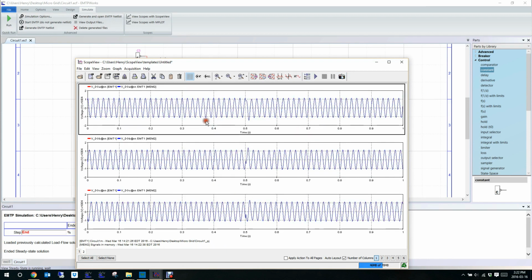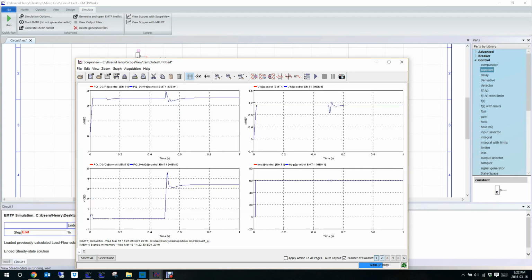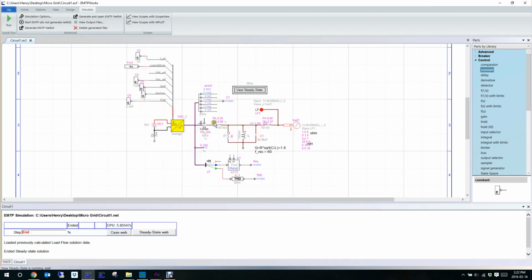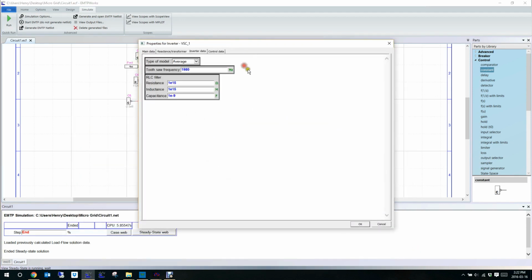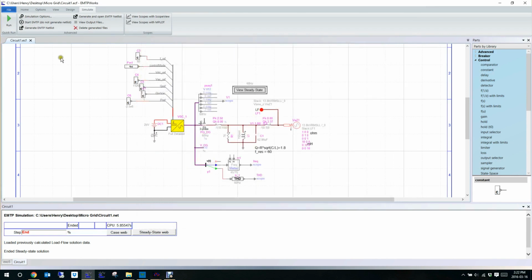Okay, so to save them, I select them and I click on the small camera. So now you see they are saved. And I change the type of inverter, and I will use the full detail. Remember that we don't have any filter here. I put very big values so as to disable it. So we expect a lot of harmonics. Okay, so let's run the same simulation